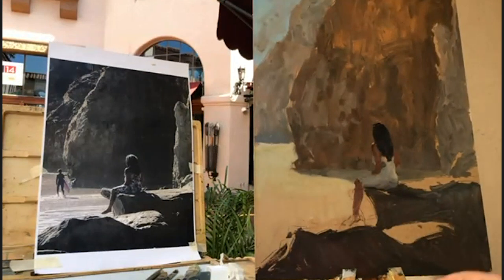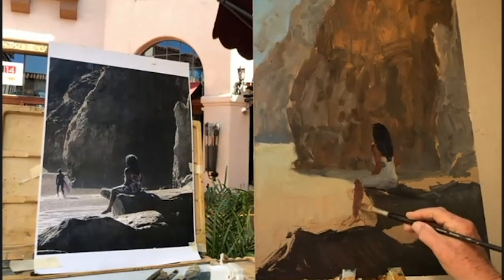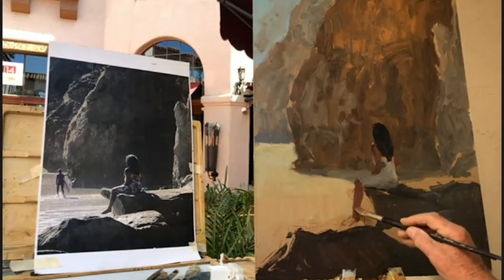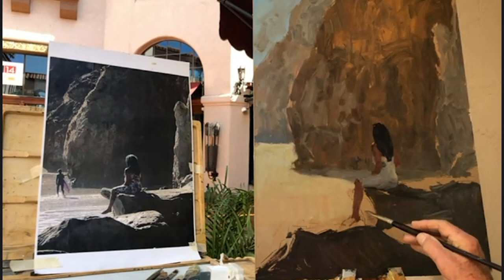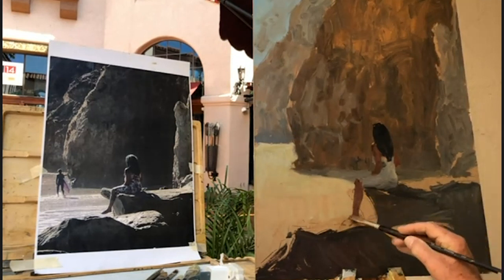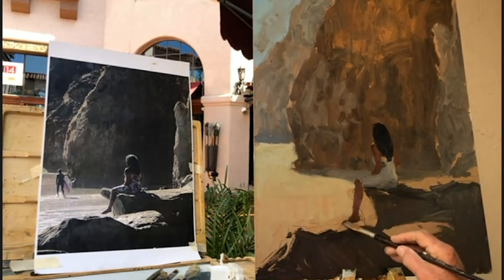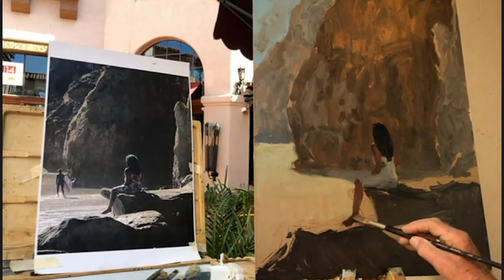Marty has a question. Do you generally use the same colors on your palette for studio? Yes, I usually do. I'll tell you a difference. That's actually a super question. I'll explain to you why. If I'm working on a painting for a long period of time in the studio, by long period I mean maybe a few days,